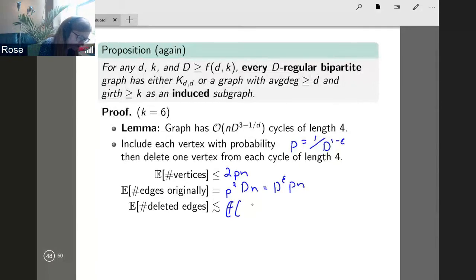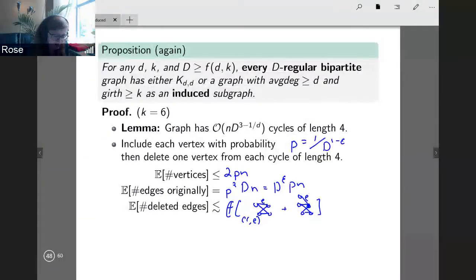And so we delete some edges which are incident to a 4 cycle, and some edges which are incident to a vertex in the 4 cycle but not actually contained in the 4 cycle. So this expectation of the number of deleted edges is upper bounded by the number of tuples like this, consisting of a cycle and an edge. And as is usual in this sort of thing, the configuration with more vertices wins. It's the bigger amount, so let's just look at that one.